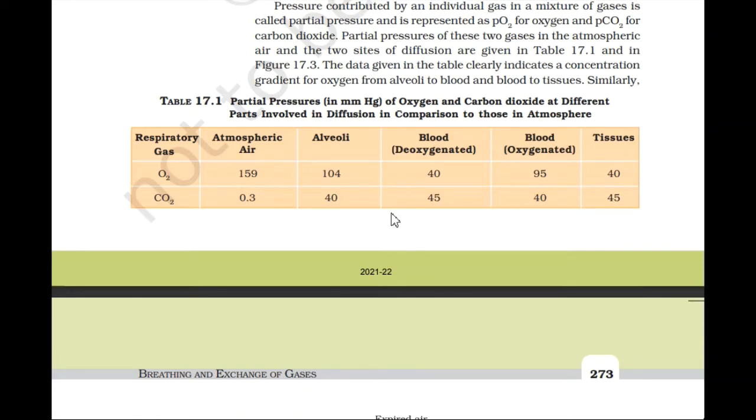Partial pressure for CO2: atmospheric air is 0.3, alveoli 40, deoxygenated blood is 45, oxygenated blood is 40, and tissue